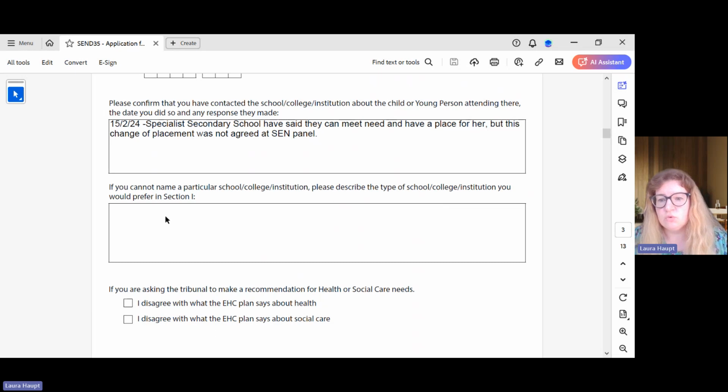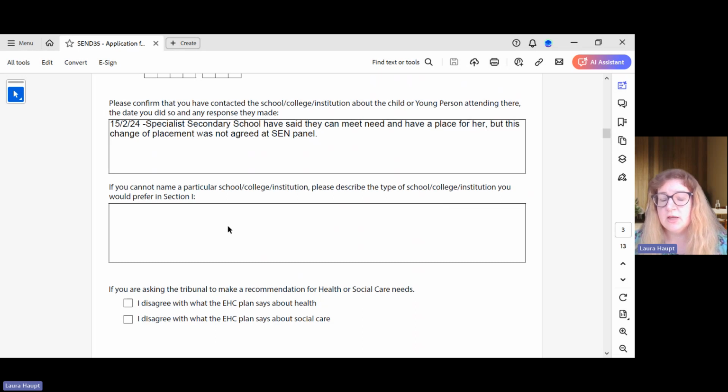However, if a specific school has been named in section I, then it can be really helpful to have a preferred specific school to compare those two schools. That way it's apples to apples and you're not comparing apples with oranges. So again, if there's a specific school named in section I that you don't want your child to go to, then it's important to think of what your number one preferred school would be, and to fill this paperwork out requesting a place at that preferred school, so that you can compare